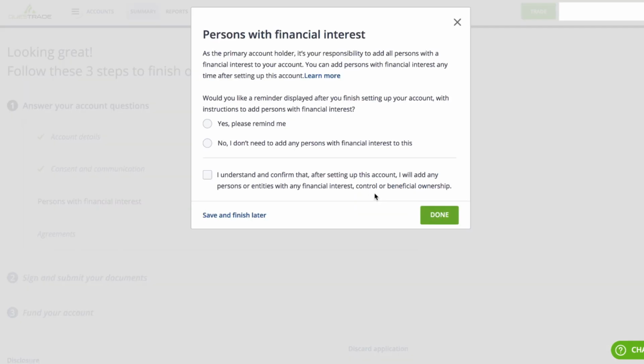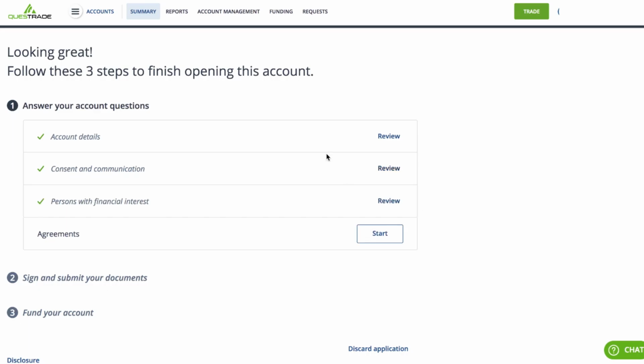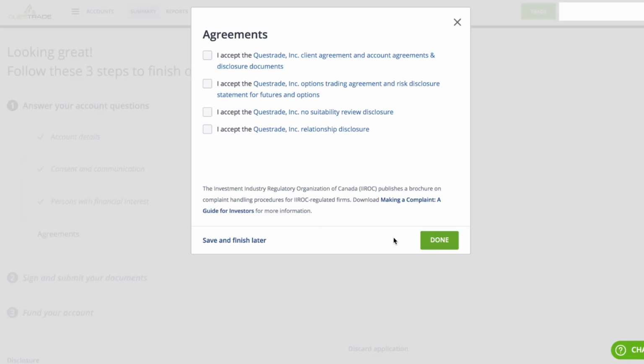Now next, persons with financial interest. So for me, it's no. There's no people with financial interest in my life, sadly. Done. And agreements, and you read through all these